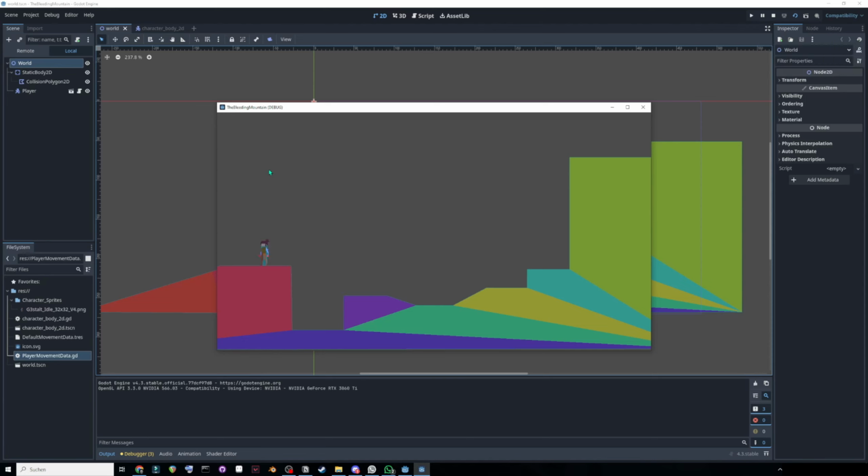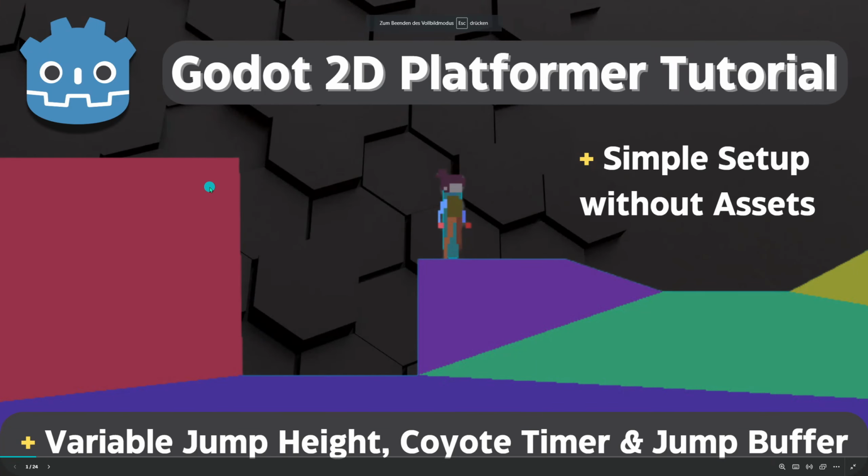The tutorial will include player base movement, variable jump height, coyote time, and also a jump buffer. So let's create this. Before we dive directly into the engine, let's talk about game development in general first, and